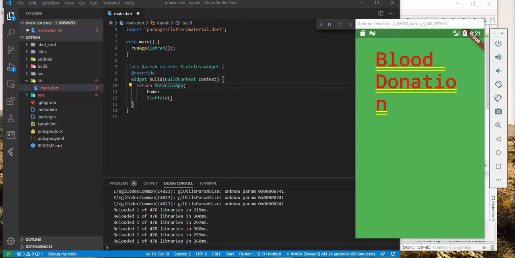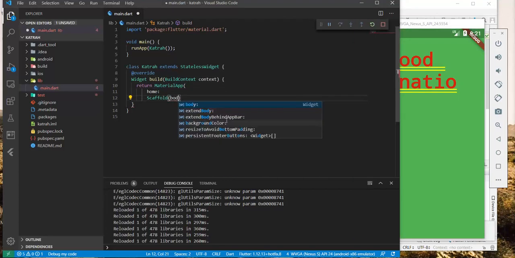And what's really nice is that it gives us the framework with a basic implementation of the Material app: snack bars, drawers, bottom sheets, background color, and all the other goodness. But what we really need from Scaffold for now is the body. Notice the Material app uses home, and the Scaffold uses body. And in the body,